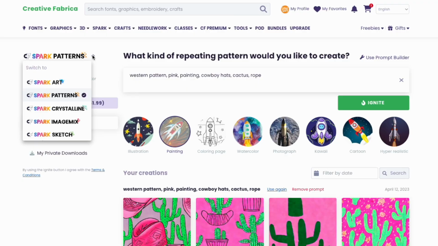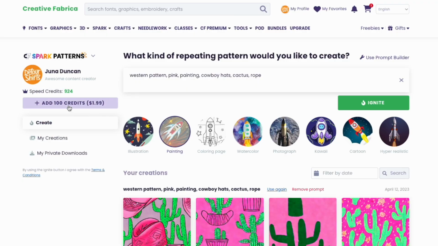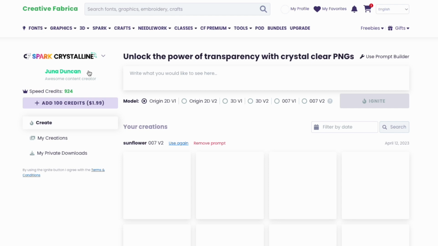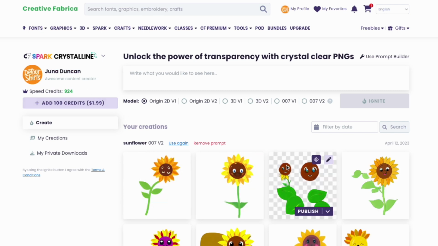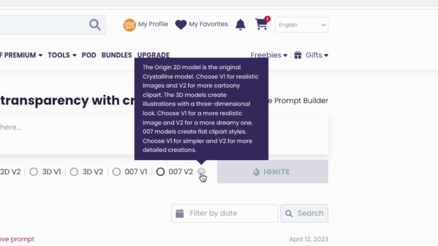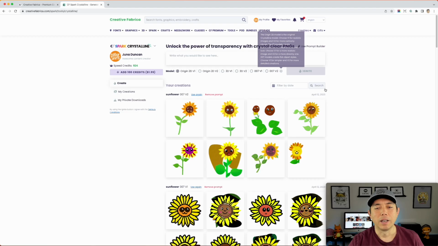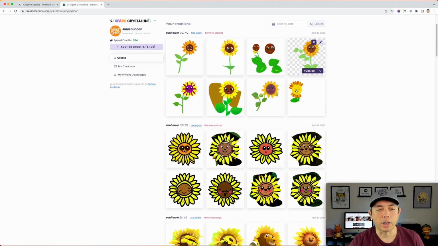All right, so patterns, let's see, crystalline. I think this is one of my favorites, crystalline. What it does is automatically knock out the background. You can see here, right? And it gives you different styles. If you ever wonder what these styles are, you can click on this information icon right here. You can see there's 2D models, there's 3D models, and then there's what's called a 007 model. And I've done all of them here. So I did the thing for